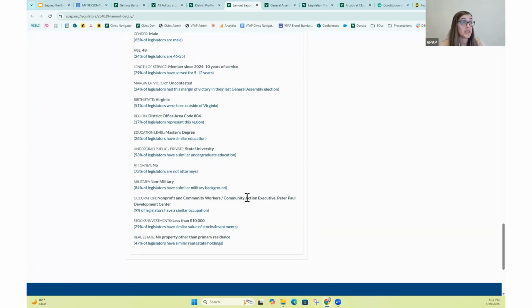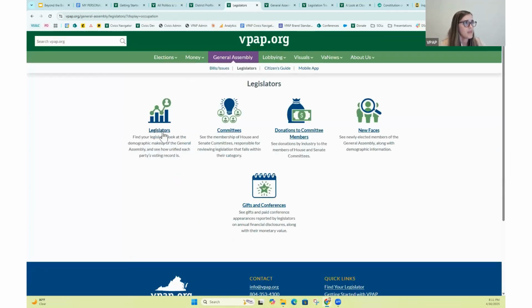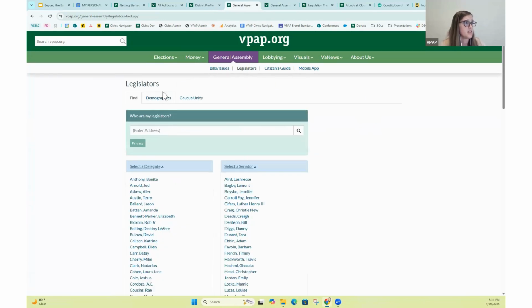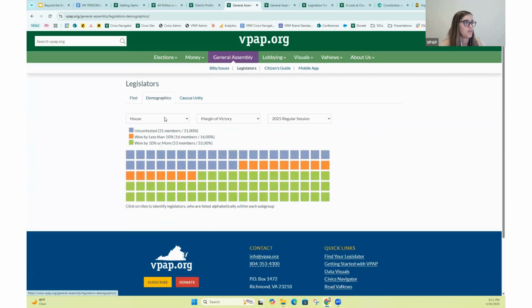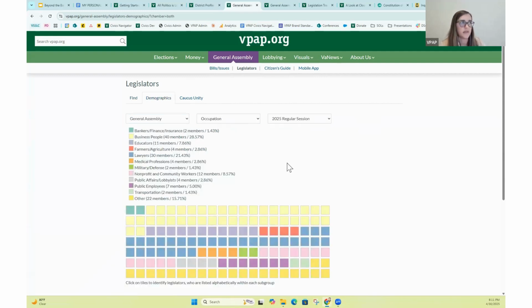Real estate. We do have a citizen legislature, a part-time citizen legislator. So that means that most of them have jobs outside of being a representative. Again, another really fascinating conversation. And if you want to dive into just this, we have the demographics page on our legislators section of the General Assembly here. And you can click, I like to look at the whole General Assembly and look at something